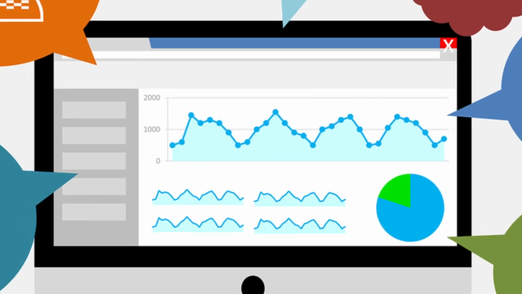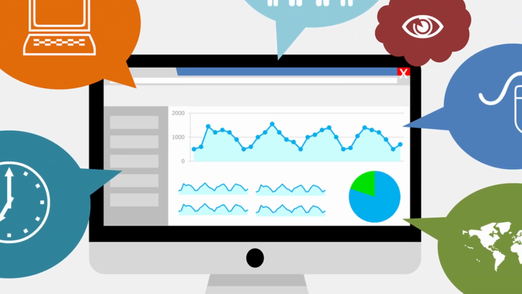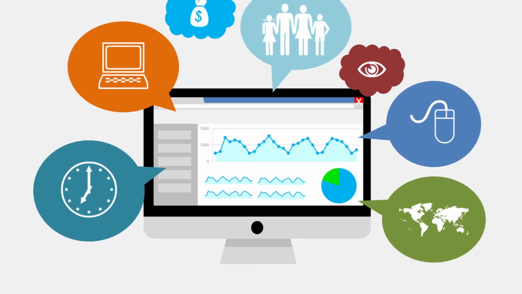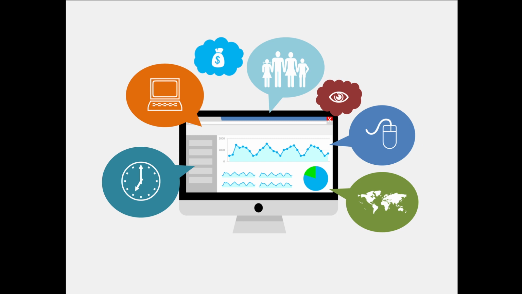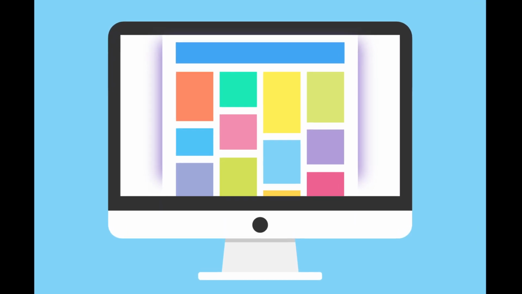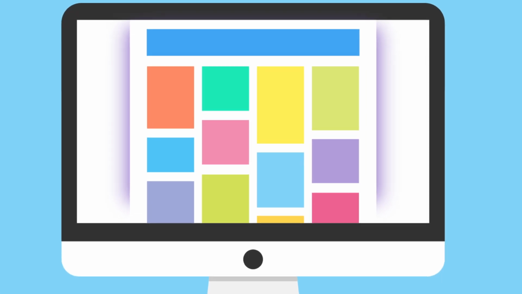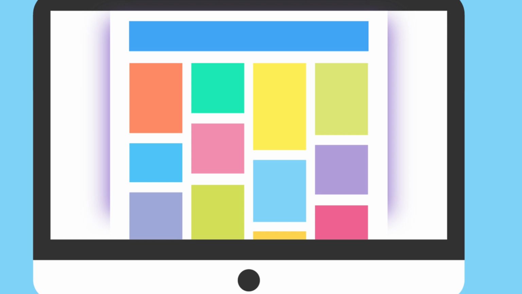Page view. A page view is a common measurement of web traffic. It refers to how many times a page on your site has been loaded. In order to find the number of page views, you would take all the pages on your site, count up the number of times each one has been loaded, and add that all together to get the total number of page views for any given amount of time. People typically want to know the number of page views per day or month across their website.